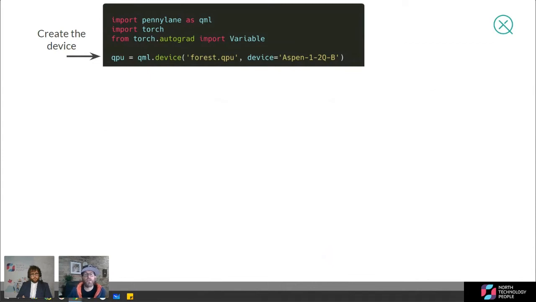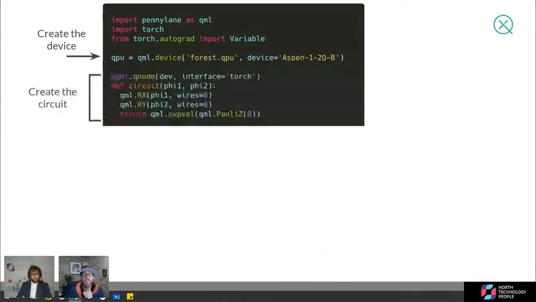After importing our libraries, the first step is to tell the software which quantum device you want to use. In this example, we're using Rigetti's Forest QPU. This is an actual quantum processing device offered by Rigetti that Pennylane will plug into for you if you have an account. If you don't, you can use a simulator. You could also use Xanadu's photonic computers as the backend, or a simulator as you like. This is like telling TensorFlow that you're going to be using CUDA to connect to a GPU, the same idea. You want to specify what device you're going to be using for this computation.